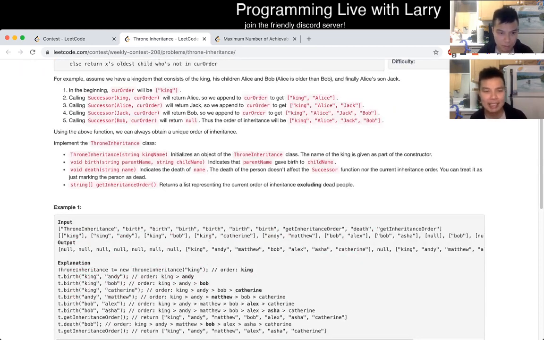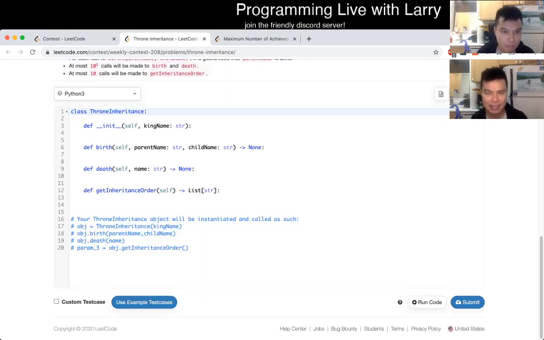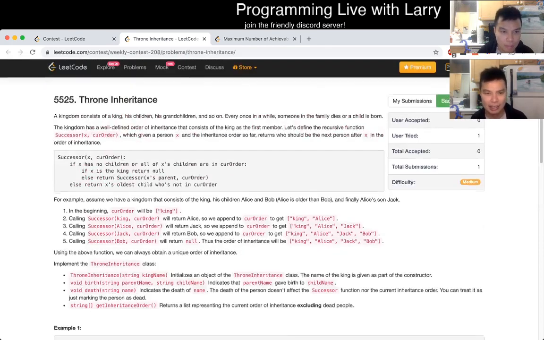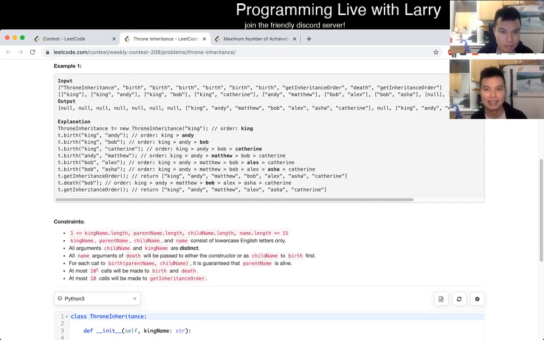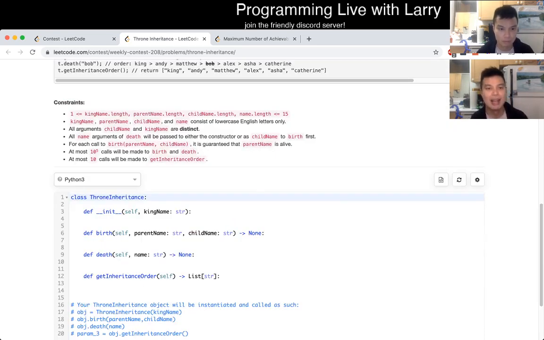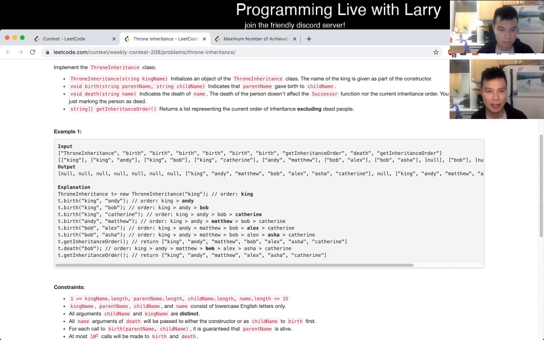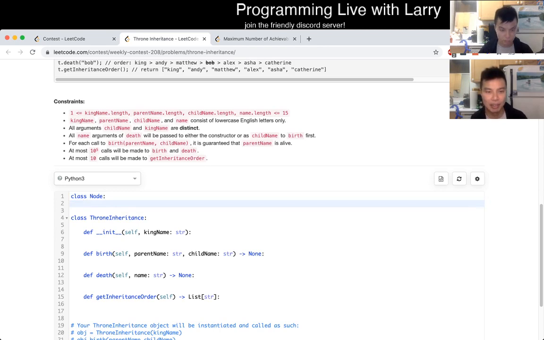But I think at this point I knew it was going to be some kind of depth first search. I took a look at the constraints at some point. Now I take a look at the constraints, and I see that there could be at most 10 inheritance calls, so that I can do a linear thing. Because my idea was to do a linear depth first search or something like that, and that could only work if we don't have that many inheritance calls. So I had to look at the constraint there, and I tried to do the clean thing of creating a node so that I don't have to worry about it.